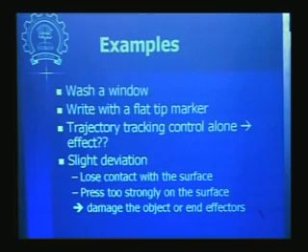Now you see that if we deviate slightly from the trajectory, then it will result in either losing the contact with the surface, or it will result in excessive forces applied to the environment. Okay, we don't want either of these things to happen.